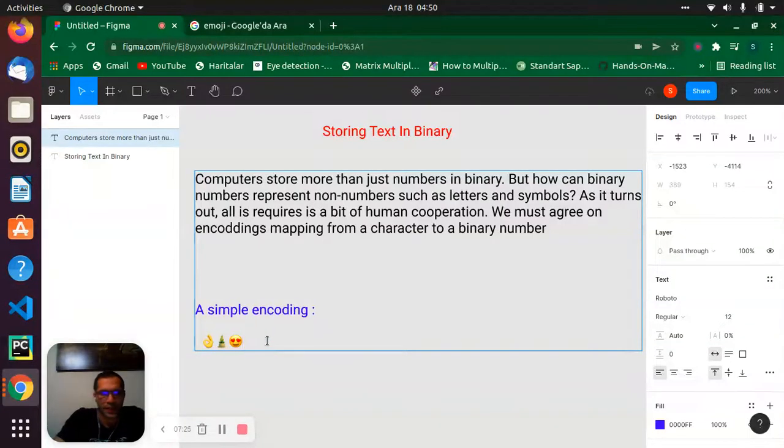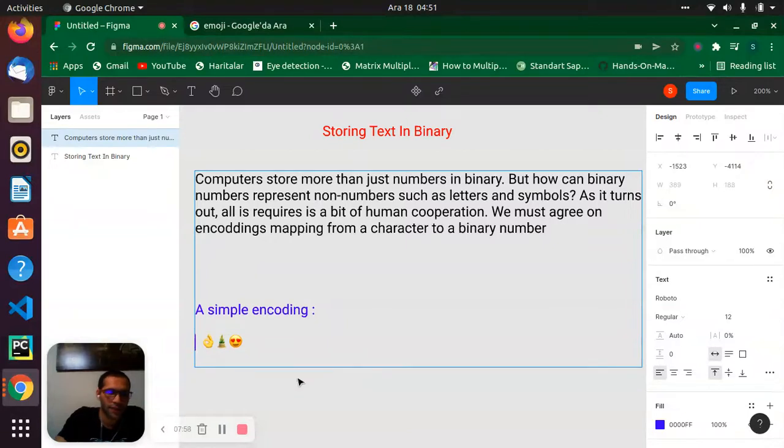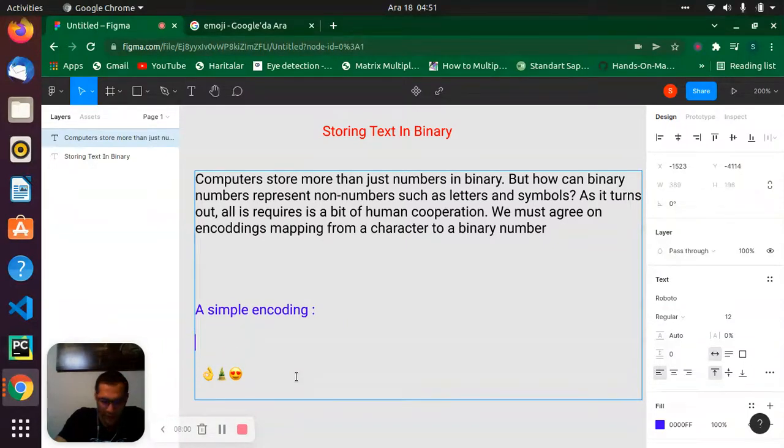I will represent them with something, but don't think of it like that. Now let's use black color. We can invent this simple encoding. I forgot to write something about them above.